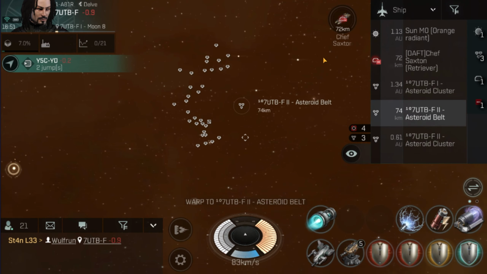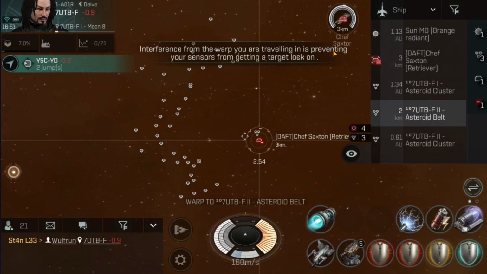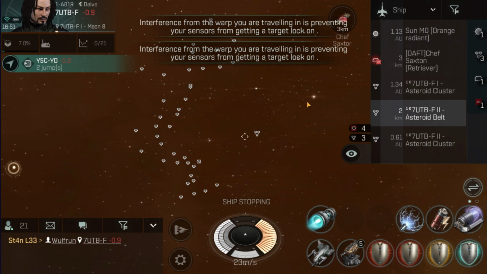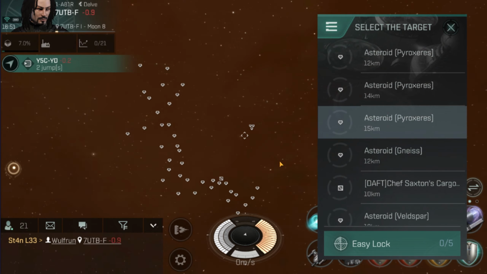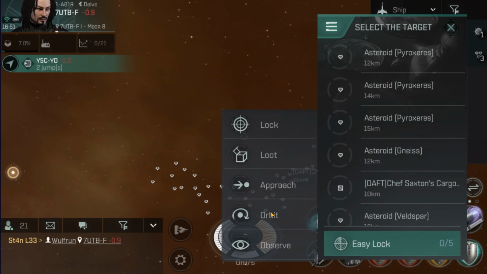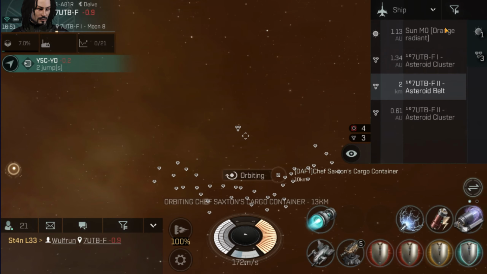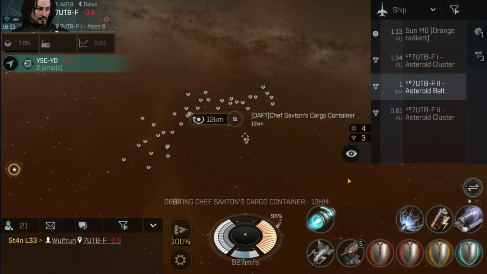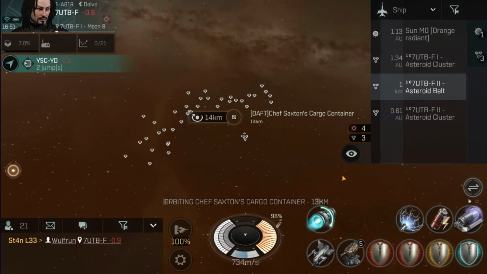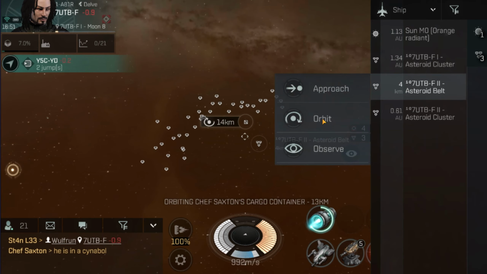And sometimes you don't. Sometimes you take a fight that you think is equal. Of course, my Cynabal against a Retriever, I can't lock because he's cloaking. Now this is a mistake. I don't like the Retriever tactic of cloaking, because look, they drop cargo. There's a jettisoning of inexpensive ore, but if you're going to do that with a cloaky ship, you've got to bear in mind, if I come within 2k of you, I can uncloak you, and you're dropping stuff just where I can